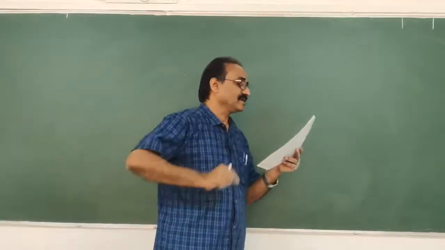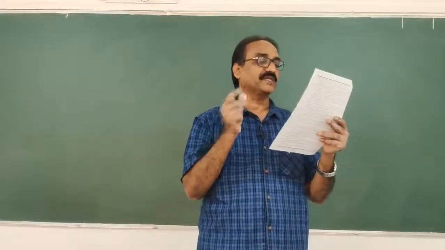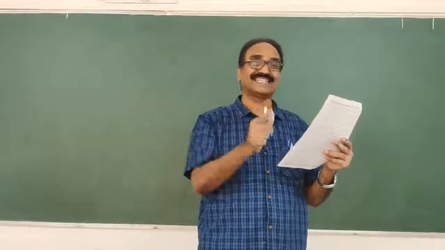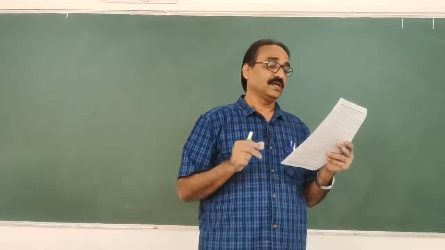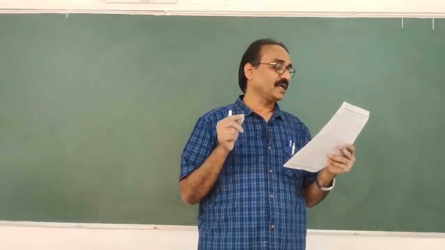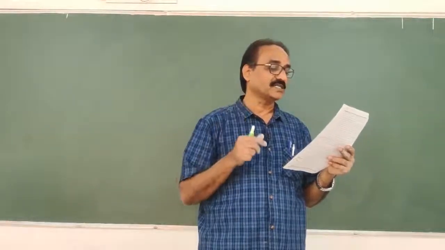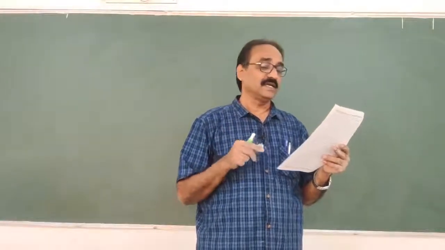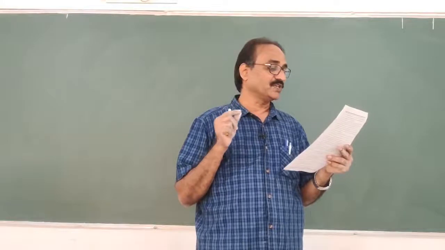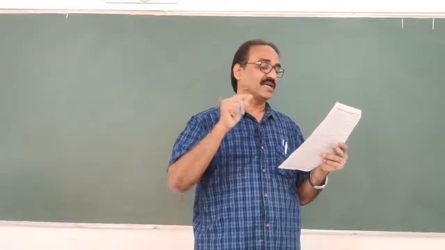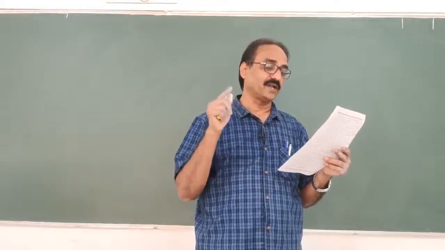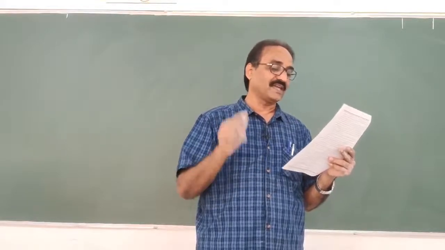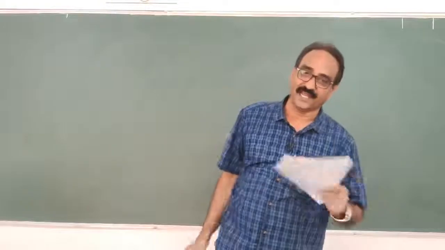In answering a multiple choice question, a student either knows the answer or guesses. Let 3 by 4 be the probability that he knows the answer, and 1 by 4 be the probability that he guesses the answer. Assuming that a student who guesses the answer will be correct with probability 1 by 4, what is the probability that a student knows the answer given that he answered it correctly?